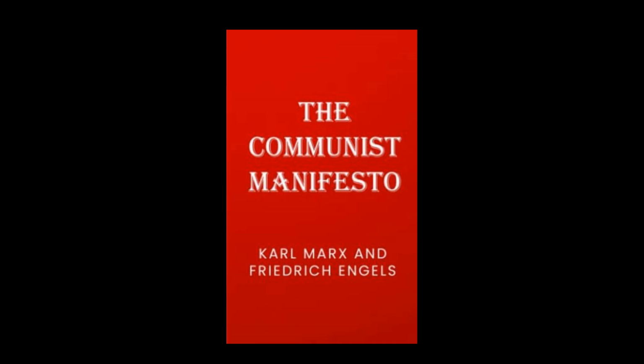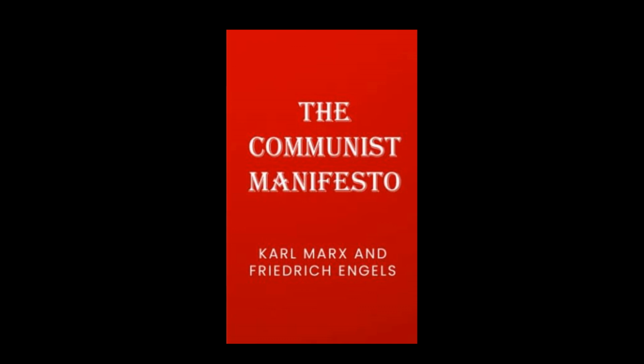achieve its goals. Conclusion. The Communist Manifesto is a powerful critique of capitalism and a call to action for the proletariat. Marx and Engels argue that capitalism is inherently exploitative and that the only way to achieve true equality is through the overthrow of the bourgeoisie. The authors argue that the Communist Party is the only force that can lead the proletariat to victory over the